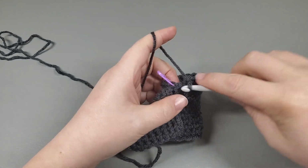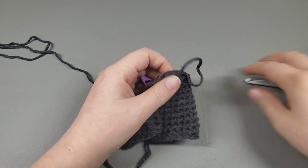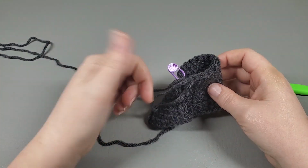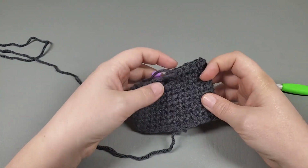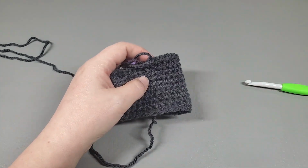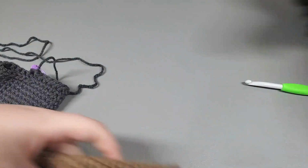And one more single crochet, and that's the end of round 10. So now all we are going to do is just single crochet, and you don't need your stitch marker anymore. All we're going to do is single crochet around and around and around until your pant leg